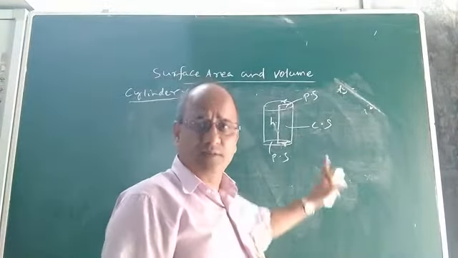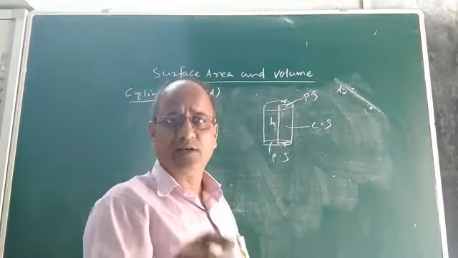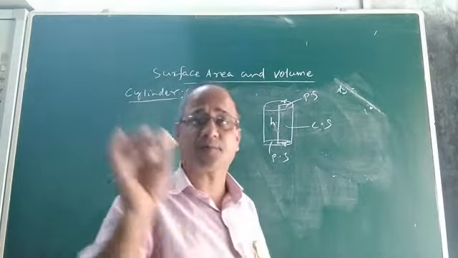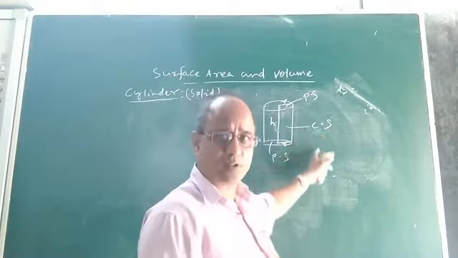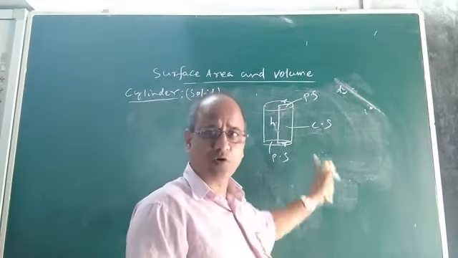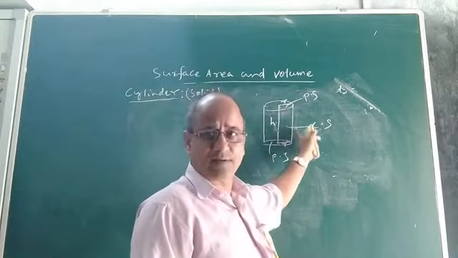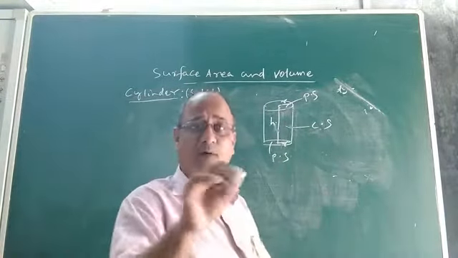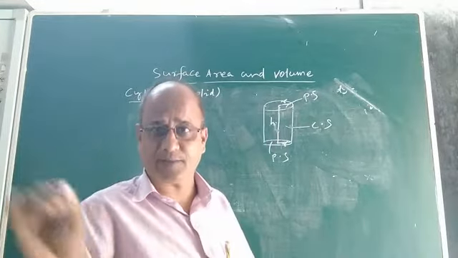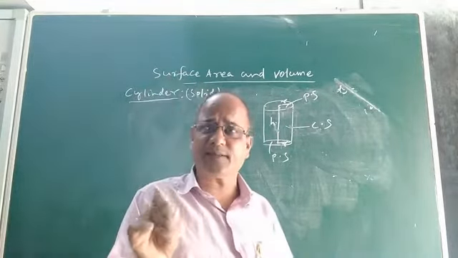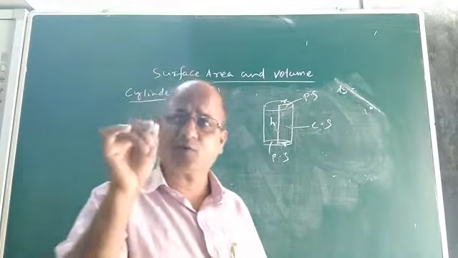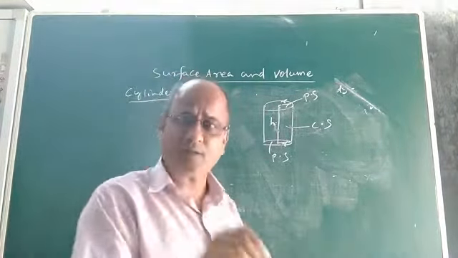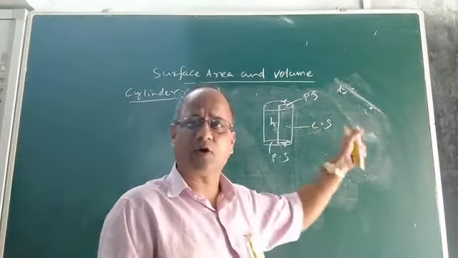So in a cylinder, we do not say lateral surface area. It will be said curved surface area because it has both plane and curved surface. So the area of the walls of this solid cylinder or right circular cylinder will be called curved surface area, not lateral surface area. The term lateral surface area is used only in case of a solid having plane surfaces, not having a curved surface. So if a solid has a curved surface, we say curved surface area.